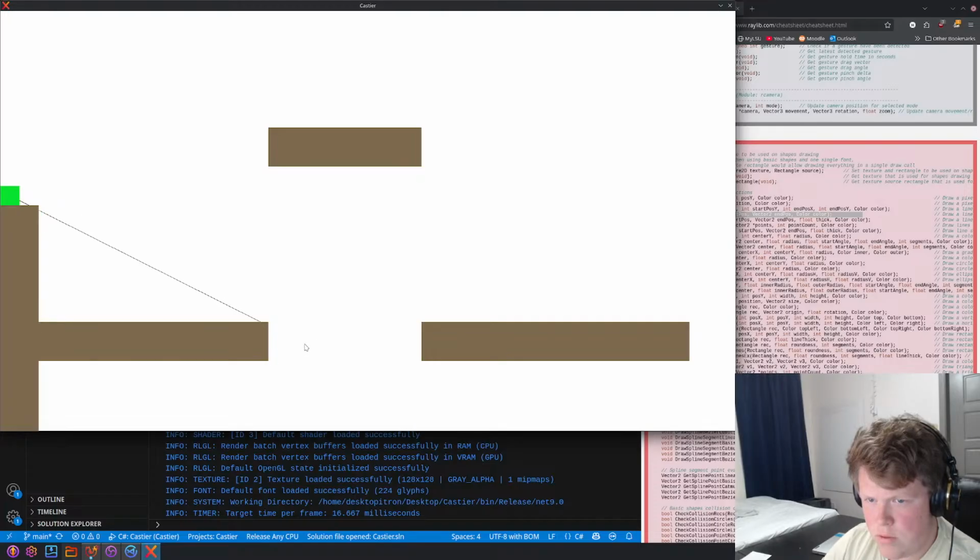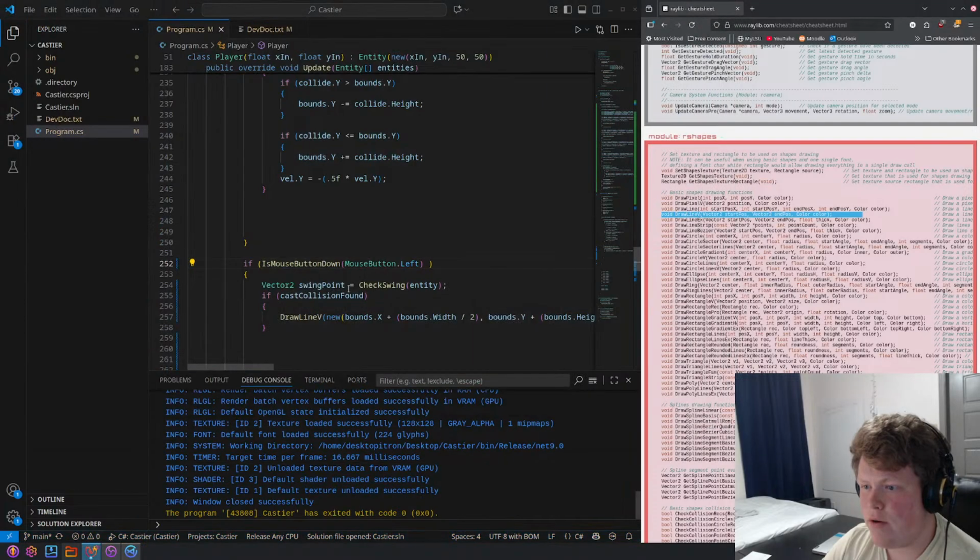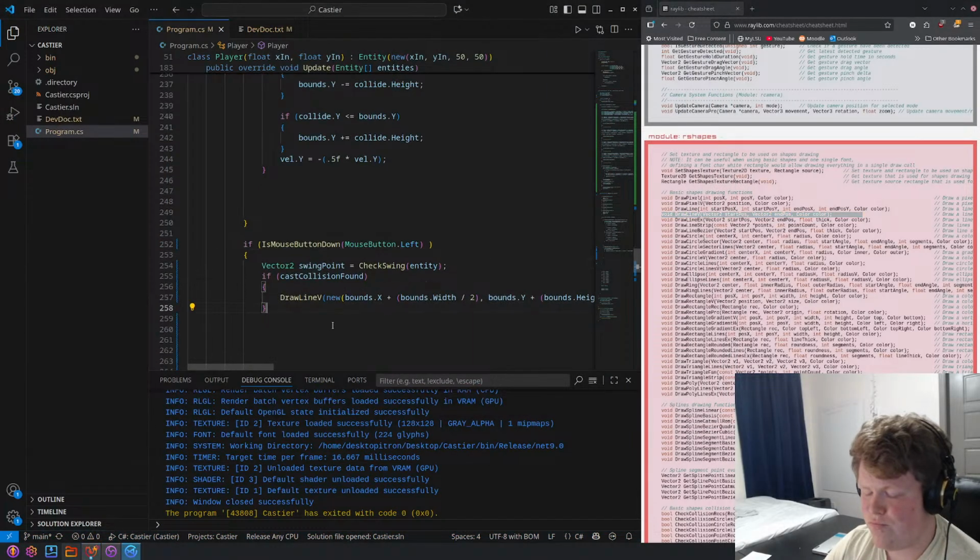wait, it is specifically choosing, wait, okay. If I'm intersecting with multiple blocks, it's not choosing the shortest distance, which makes sense because I only check for that on the edges of the things. So I need to choose, of them, the shortest one. So if we found a collision point,